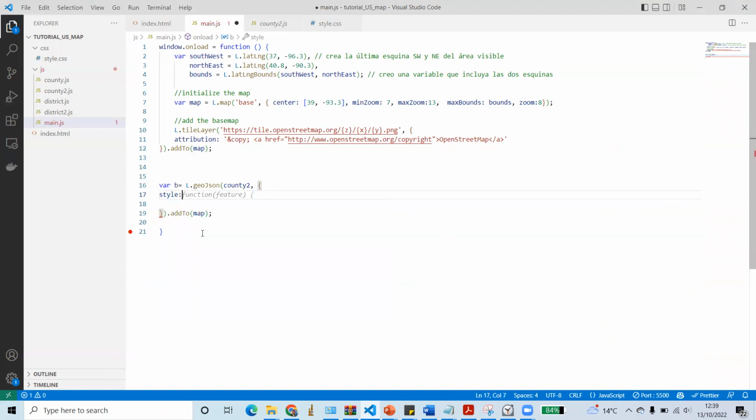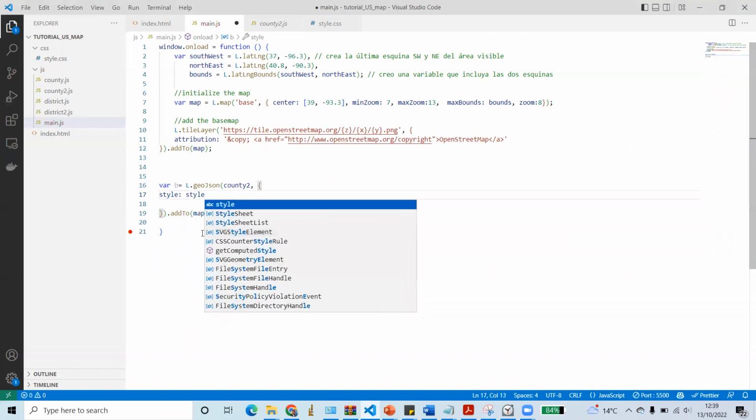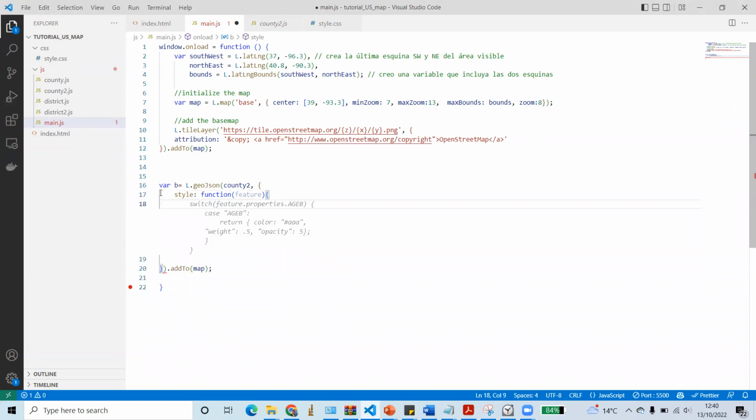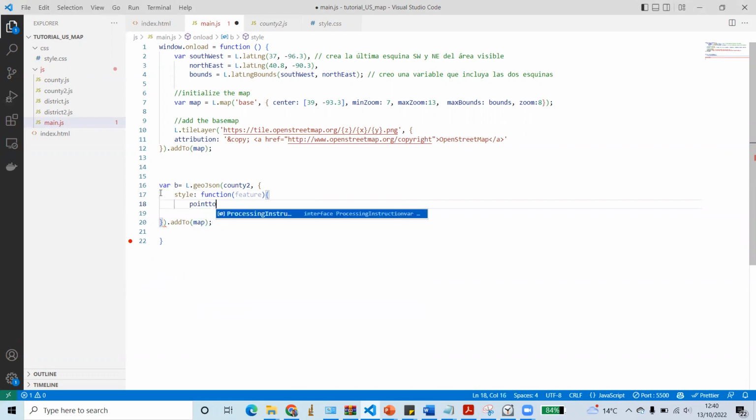Okay, style will be the style, and after that we are going to, sorry, yeah, the same code, but we can also define this style inside our function. So we are using point to feature,